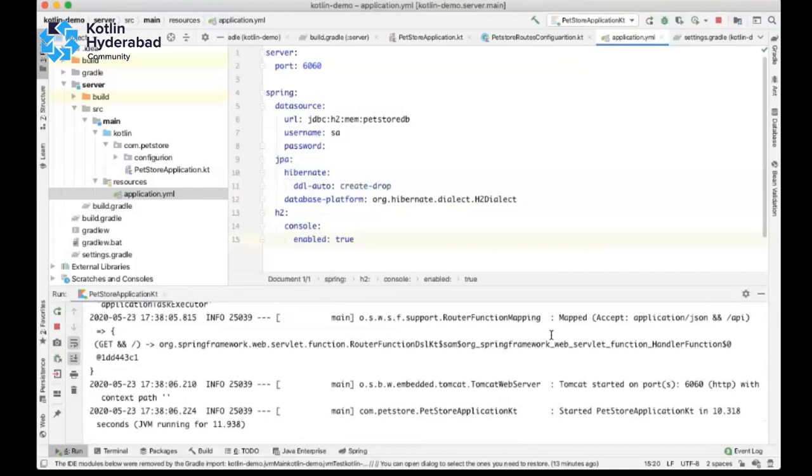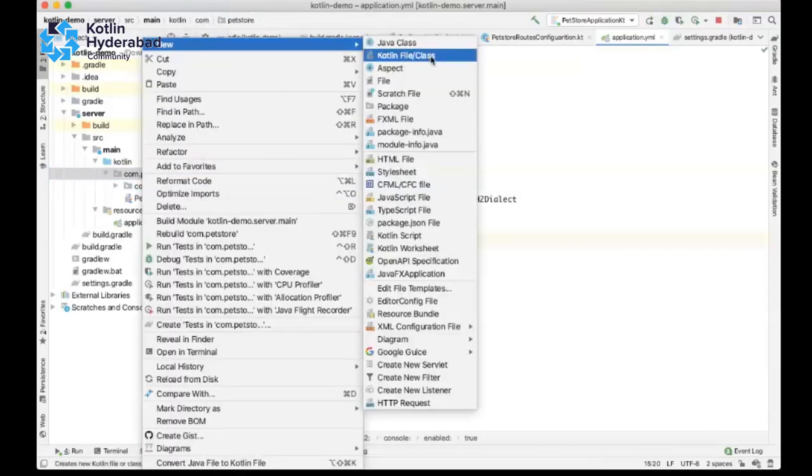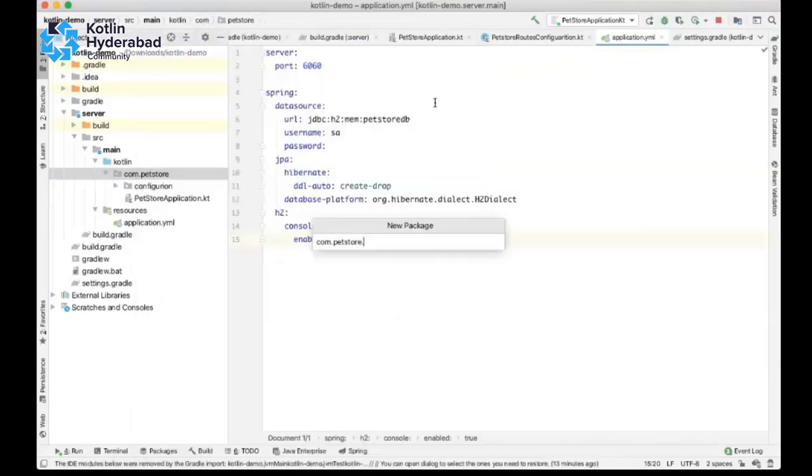So let us try some code operations on the H2. First, we will build some models, like this.